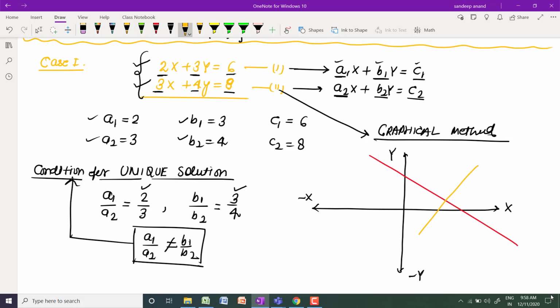Whenever you have a unique solution, you have one intersection point only. One intersection point means the straight line of one equation and the straight line of the second equation pass through one point only, and this one point shows that the solution is unique. It means there is one value of x and one value of y. So whenever this condition appears, you will get one common intersection point of the two lines and a unique solution. I hope this concept is clear to everyone. Tell me yes or no.